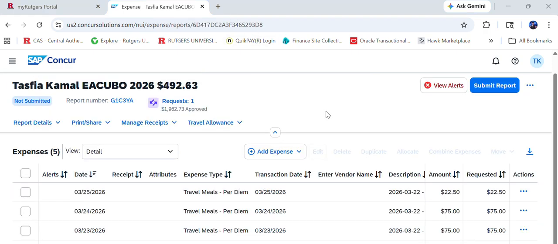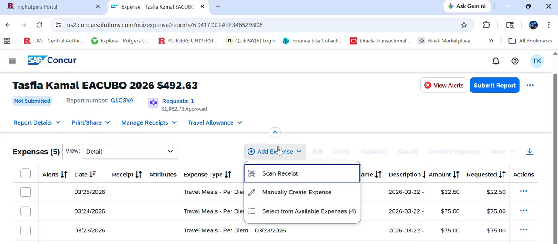Once the travel request is also added to your expense report, please start adding the rest of the expenses by clicking on Add Expense right in the middle of the screen. You can click on Scan Receipt and start uploading all your receipts